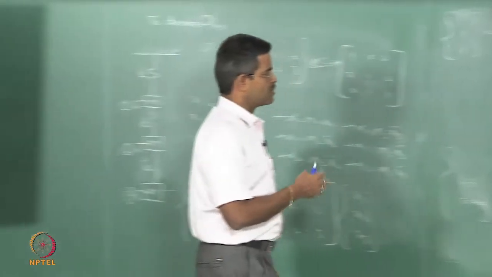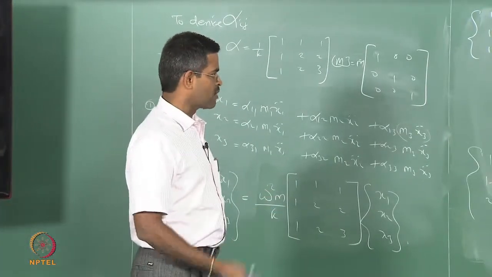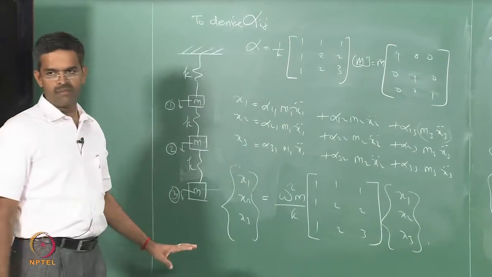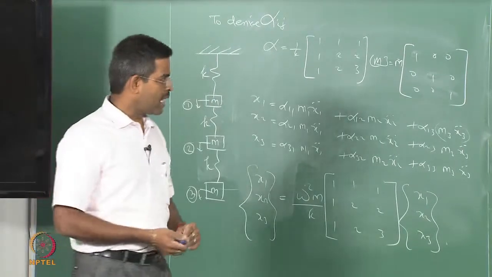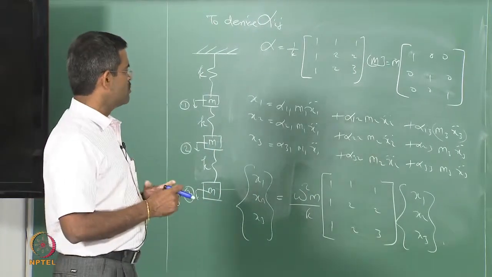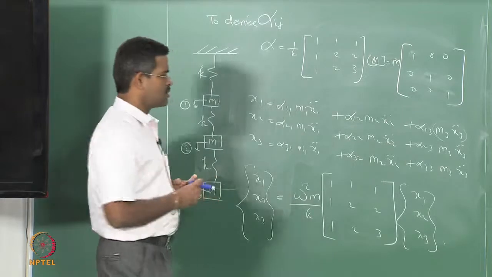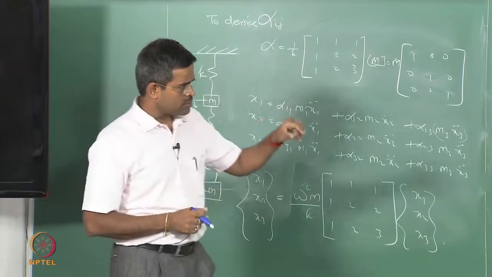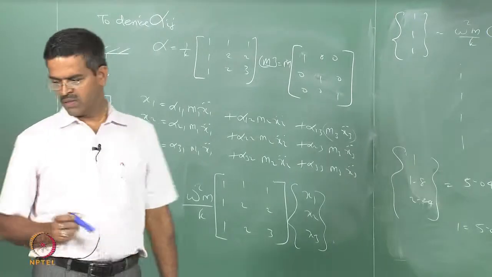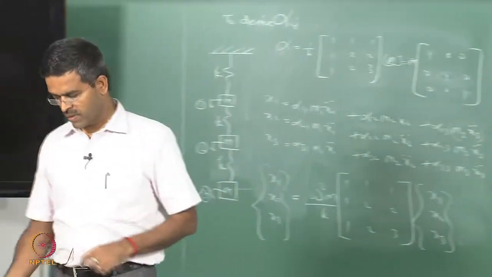You must train yourself to solve these problems by hand using a calculator within about 5 to 7 minutes for a 3 degree of freedom system problem. So, try to have practice on these problems, and there are many numericals available in the textbooks. Try to put your ideas and thoughts on that, try to solve them, and try to answer those 2 questions that I asked: why Dunkerley is not giving the mode shape, and why Stodola's law is converging faster than the influence coefficient method. Okay, thank you.